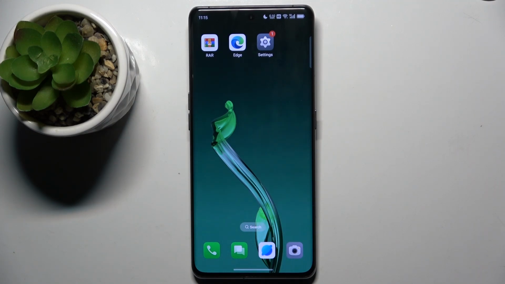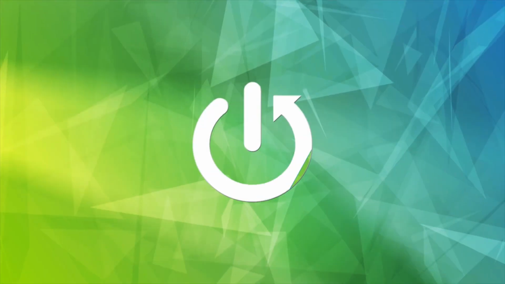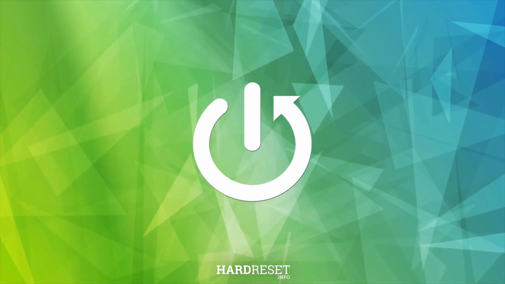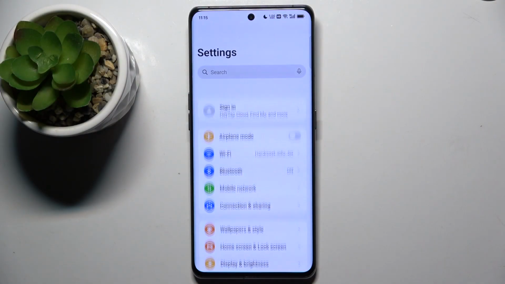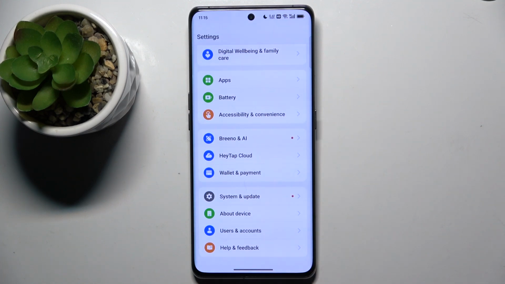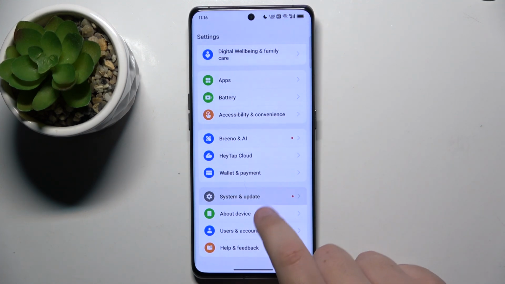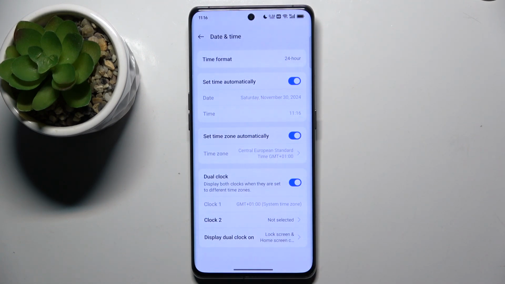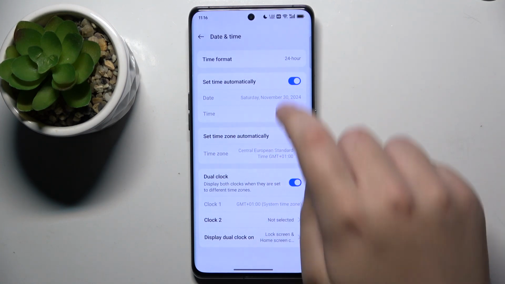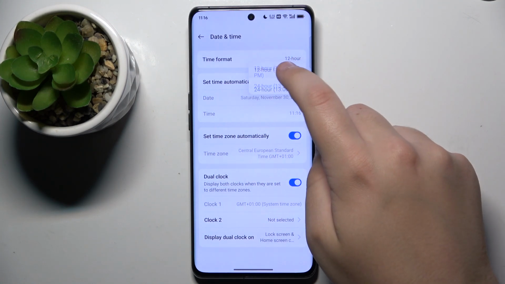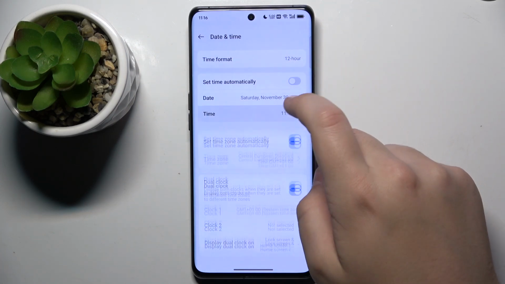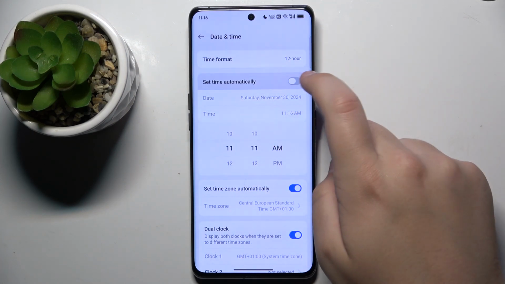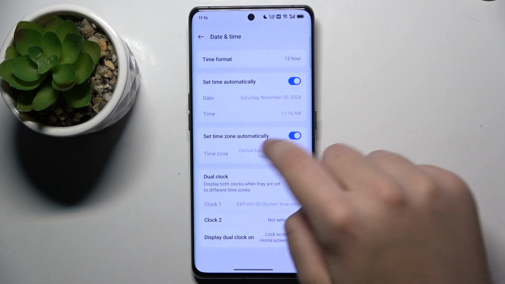In today's video I want to show you how you can manage or set up date and time settings on OPPO Find X6. So first go to settings and then scroll down until you see system and update. Here click on date and time, and here you can change the time format, time zones, and today's date and time. As you can see, we can choose between 12-hour or 24-hour time format. We can set the time, or we can use it automatically. Now we can set the time zone,